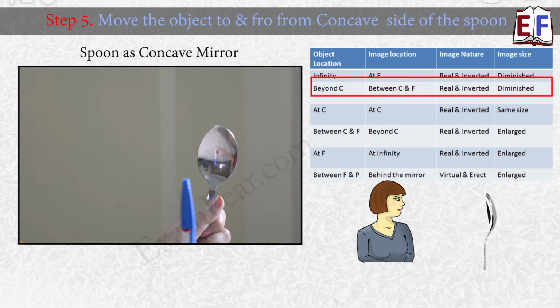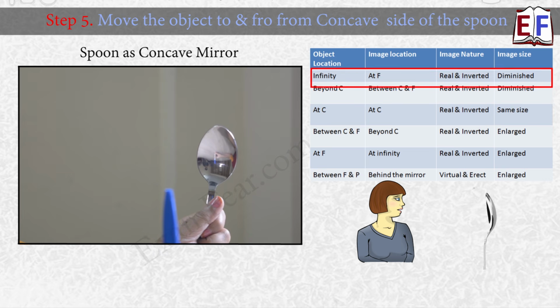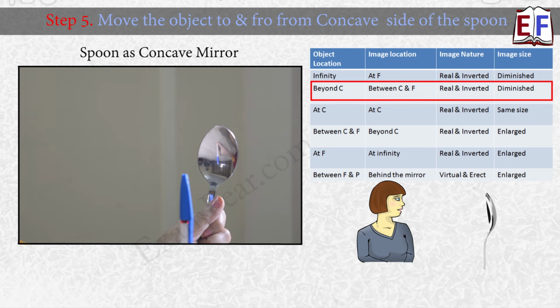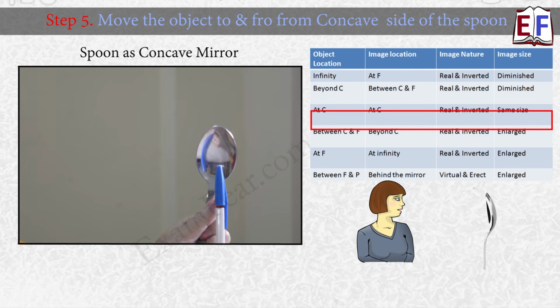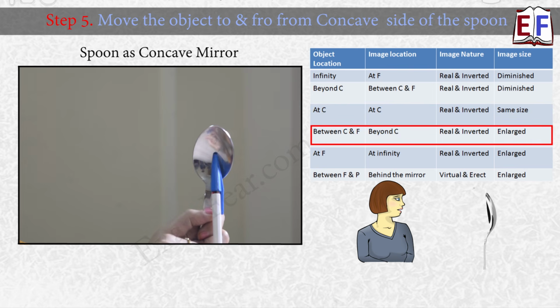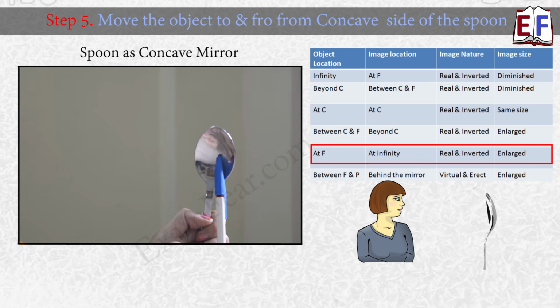Let us now look at the concave surface of the mirror. Here what do we see? Here we see that the image formed is inverted. So we see an inverted image, and as we move the object away from the mirror, the image is inverted. As we bring it near the mirror, then also the image is inverted, but when the object comes too close to the mirror, maybe this much close, then what happens?